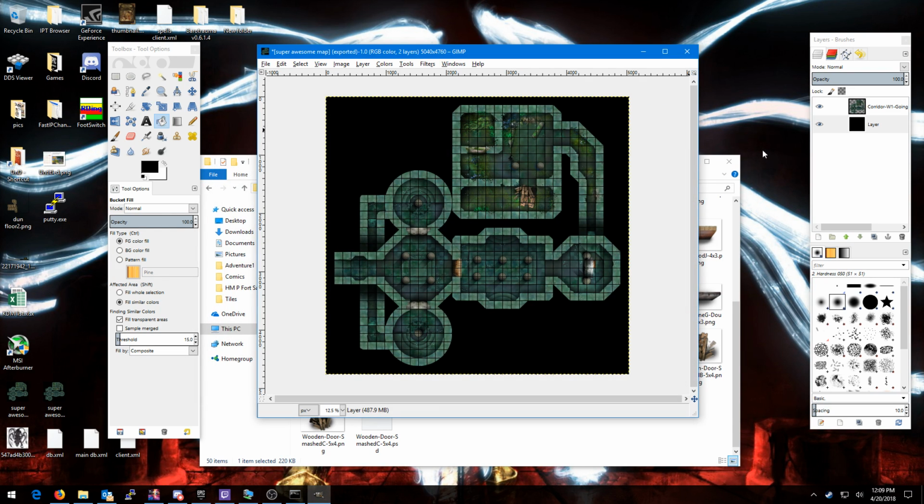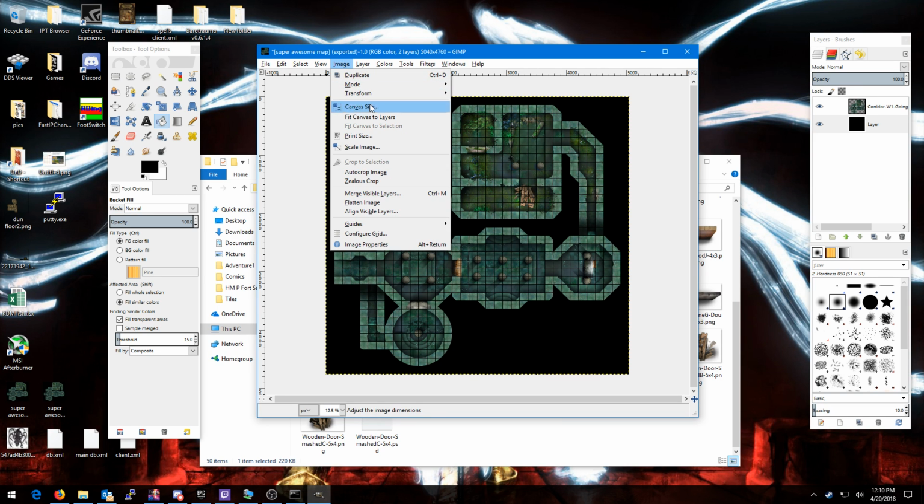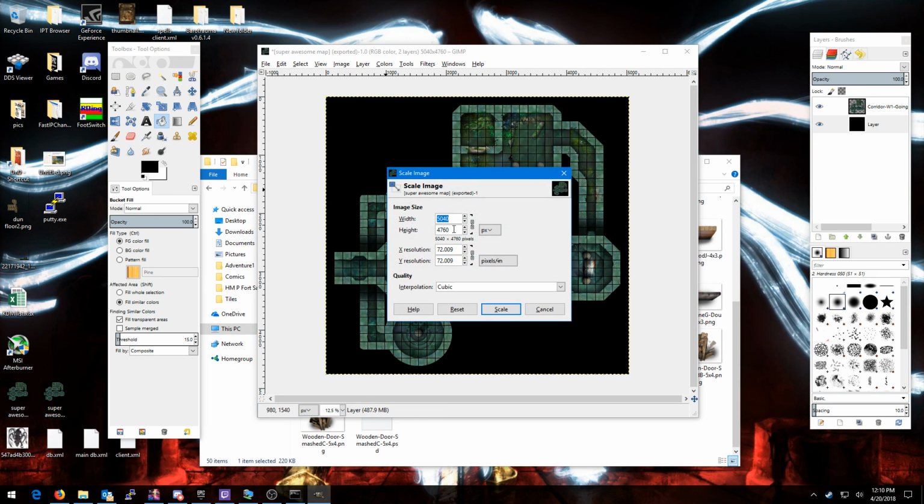As an added bonus, we'll go over one last item here. In case you have a very difficult time even with a 2 meg file, we can of course shrink this down one last time and get it super compressed into a very small format. And the way we do that, image, scale image. Alright, so